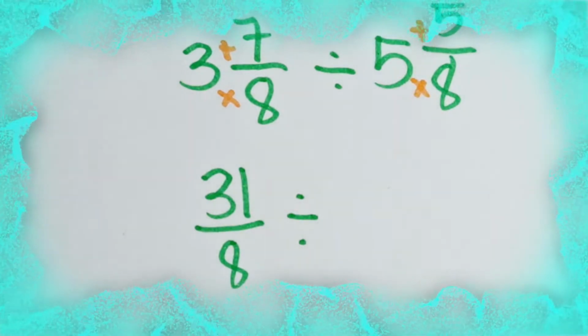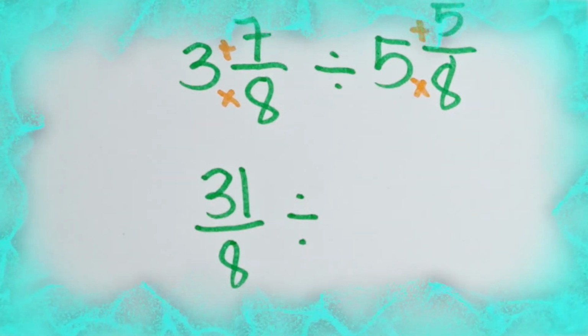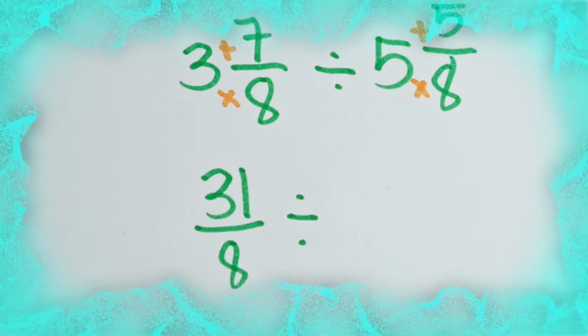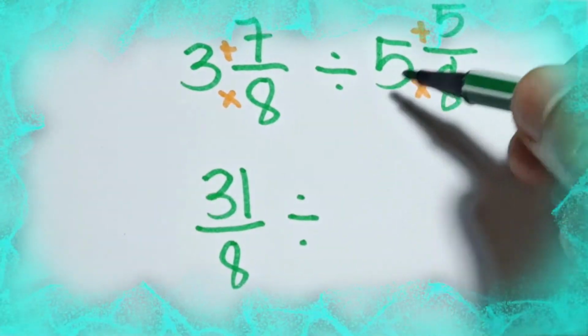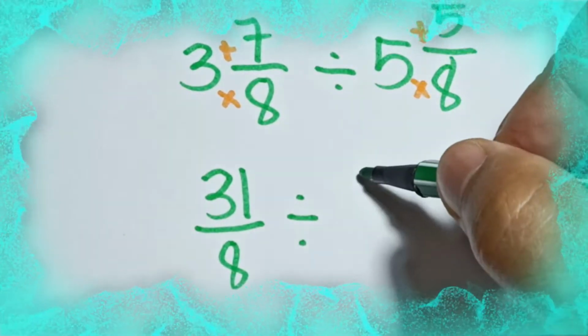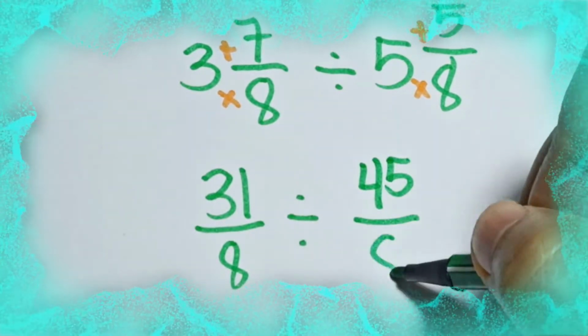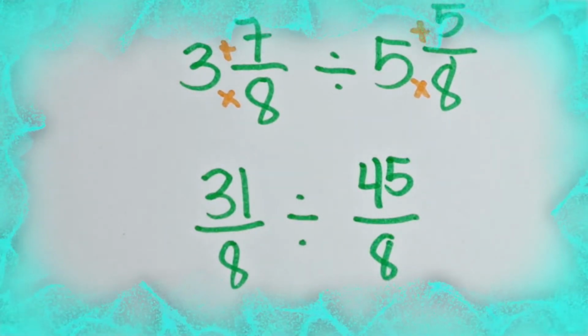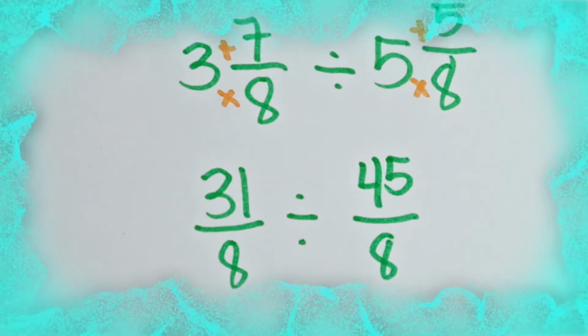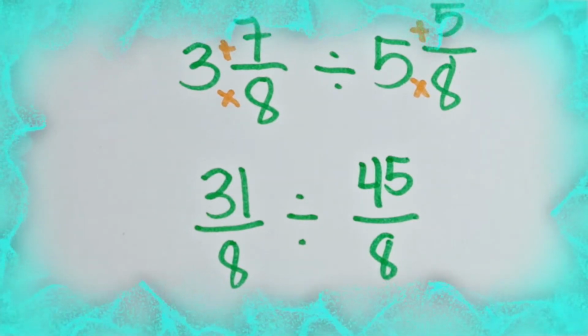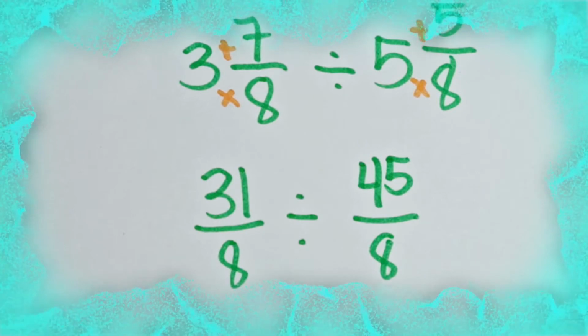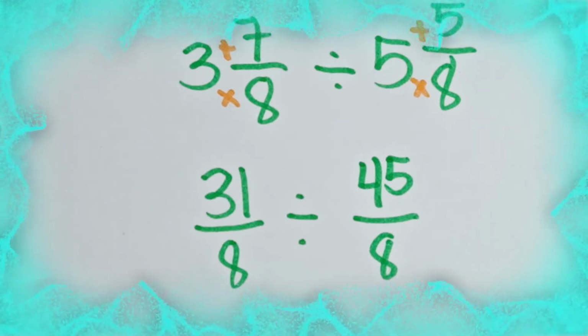So that's how to convert a mixed number into an improper fraction. So 8 times 5 is 40 plus 5 is 45. So you will get 45/8. Okay, so now since you converted the mixed numbers into improper fractions, if you still remember the lesson in